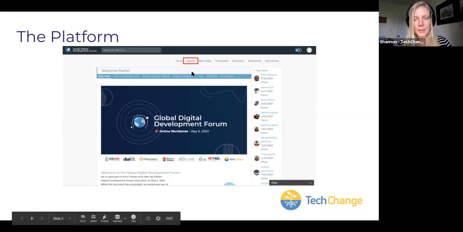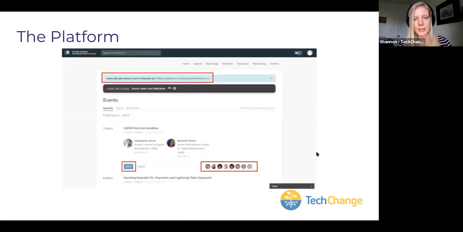So you'll note at the very top here, there will be an agenda tab, and that agenda tab will essentially be a list of every session that's going to take place throughout the entire forum. The great thing about this is I know many of you will likely want to promote your session to colleagues and people within your community. The agenda does allow you to search by title as well as topic in order to find sessions. So should you like to promote the name of your session to colleagues, all you'll need to do is let them know the title of it, and then they'll be able to search for it